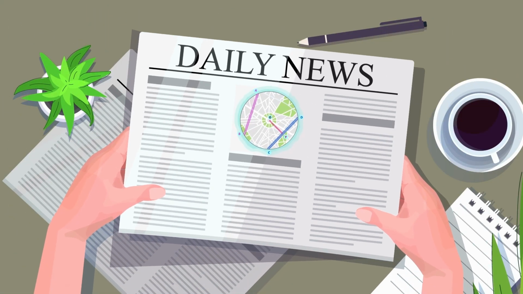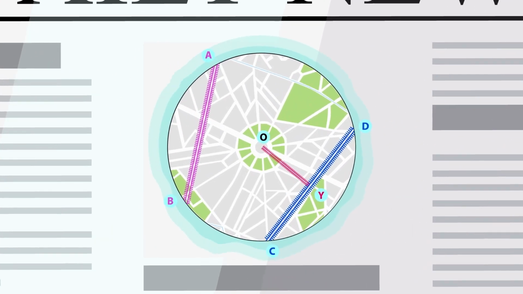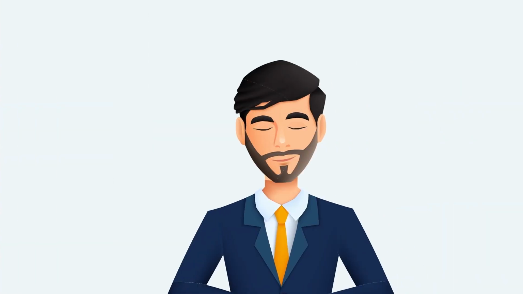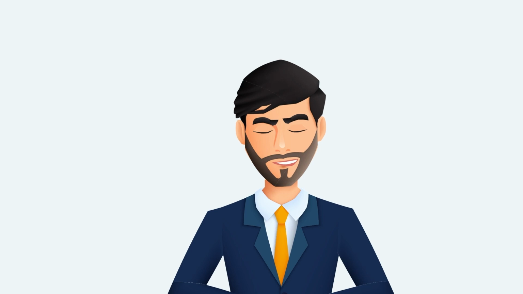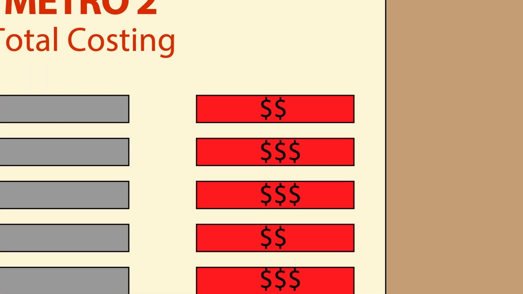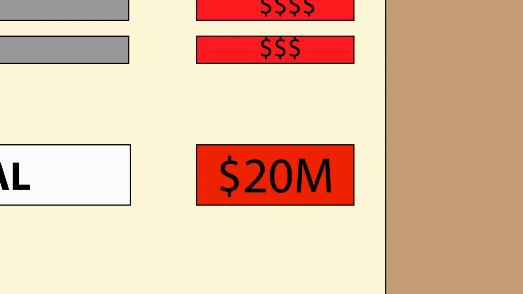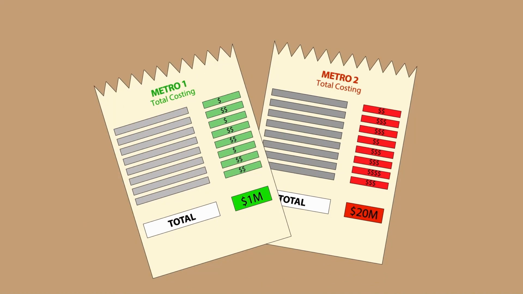Consequently, the government is pledged to sponsor a similar metro line for people traveling between point O and point X, such that OX is perpendicular to AB. Elena's boss, the finance minister, is overseeing the cost of construction, but the figure he has quoted is shocking to say the least. The price tag is 20 times greater than the cost of the first metro line.